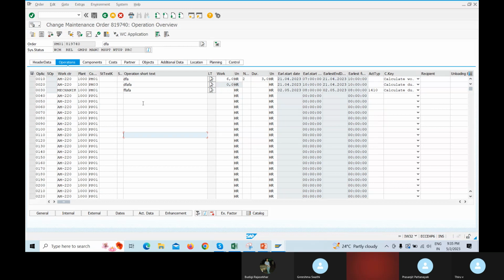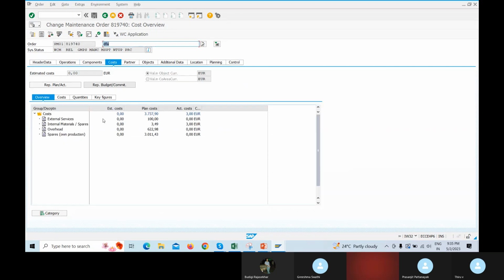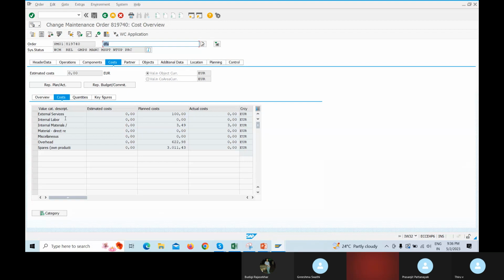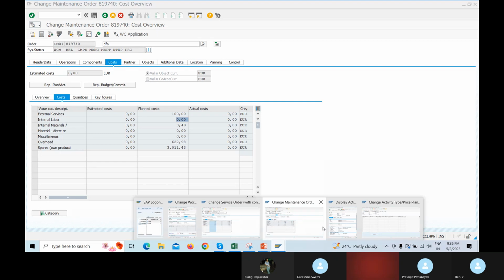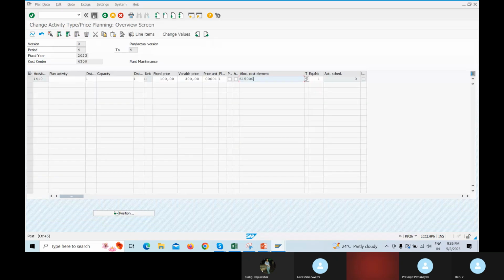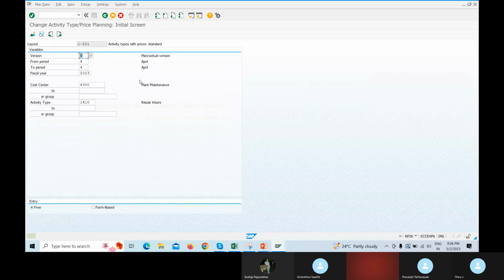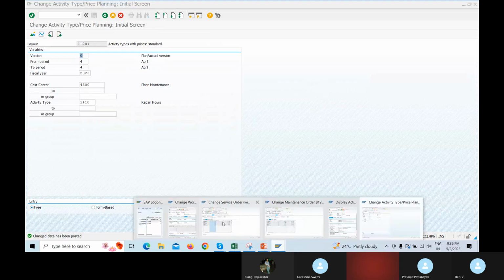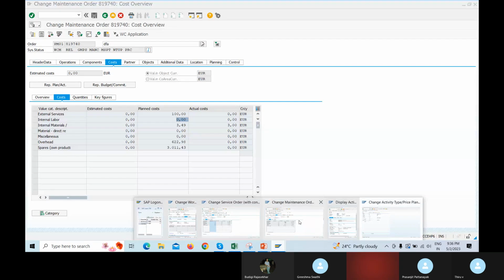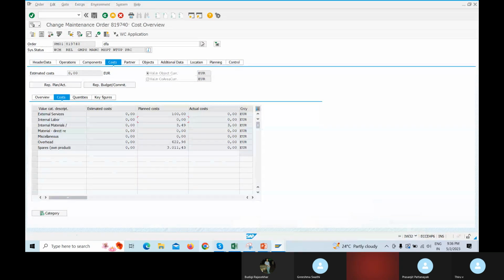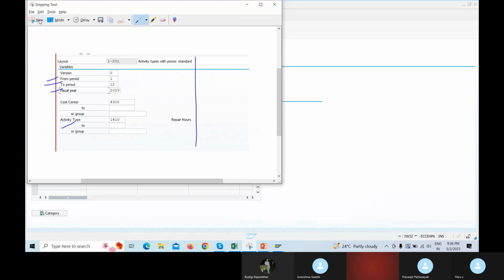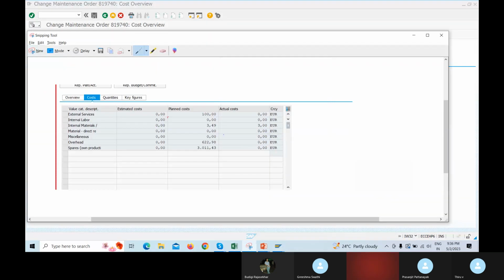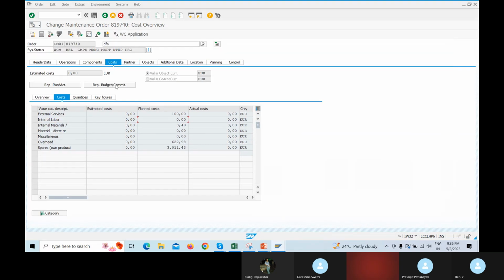Got it, sir. Go to the cost center. Okay. Go to here. Your labor, it is 0 now. It is 0 now, right? It is saved in your KP26. Save it first. Okay, I'm saving this. I maintain the cost here. Okay. Go here. Where is your work order? Yeah, this is 0 now. This field I'm telling, labor cost, plant cost I'm discussing now. Okay, so come here, it is 0 now.